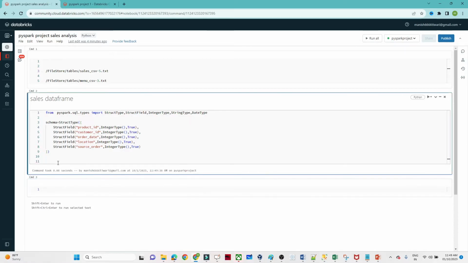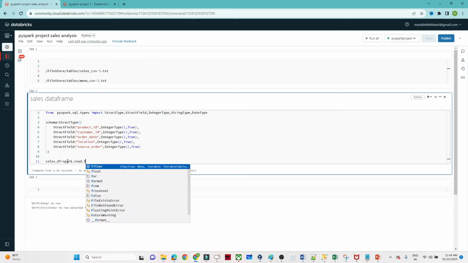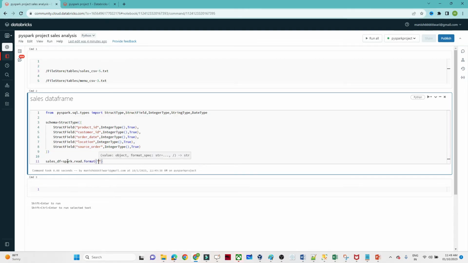Now let us try to create a data frame. So what we will do, we will define one sales data frame, and see how we can read our CSV file. Spark.read.format, what is our file format? CSV, right? So we will write CSV, okay, and then option, we will give some option like infer schema equal to true. Infer schema is true, okay, and then we will give dot schema,